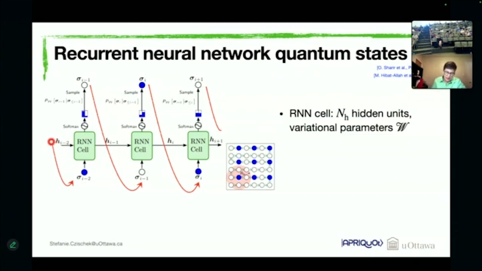And by propagating this hidden unit configuration over our sequence of atoms, we generate a memory effect, because these hidden units now carry some information about previous inputs into the RNN cell, so the state of previous atoms in our sequence. Okay, so this is how we include correlations between the different atoms when looking at our atom array here. The output of the RNN cell is then turned into a probability distribution over the two possible states of the next atom in the sequence.